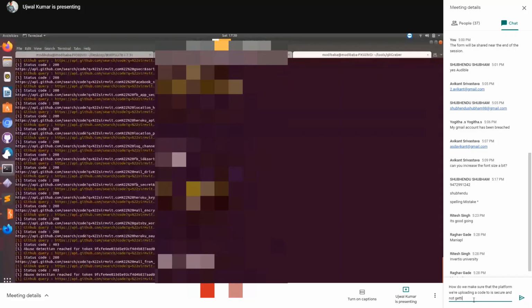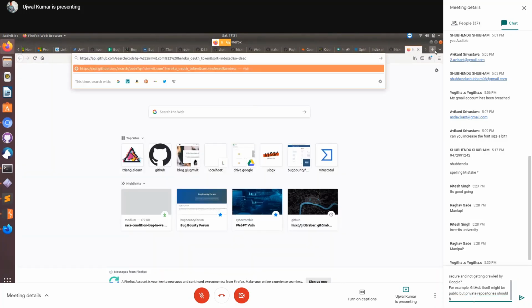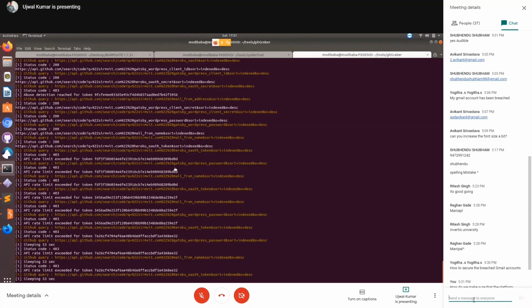Yeah, it started again. I hope it finds some data this turn. I've exhausted my API key limits, I didn't remember. Basically, it's scraping through all these GitHub links where any sort of data is available. Say this is a Heroku OAuth token. Here, it's not exposing any data. I'll show it to you. That's why it's showing in yellowish-brown color. You can see there's not much data. The validation fails, so this is safe and secure. The developers have done a good job until here. They have not exposed any data.